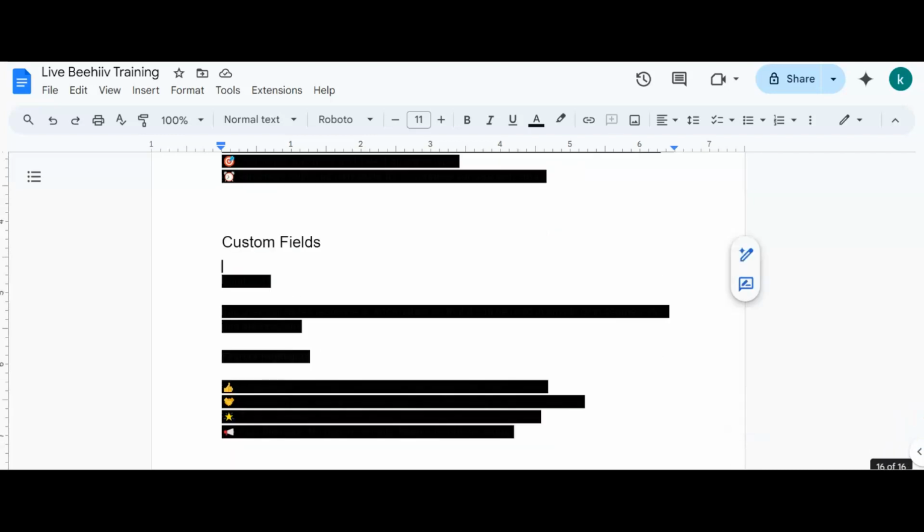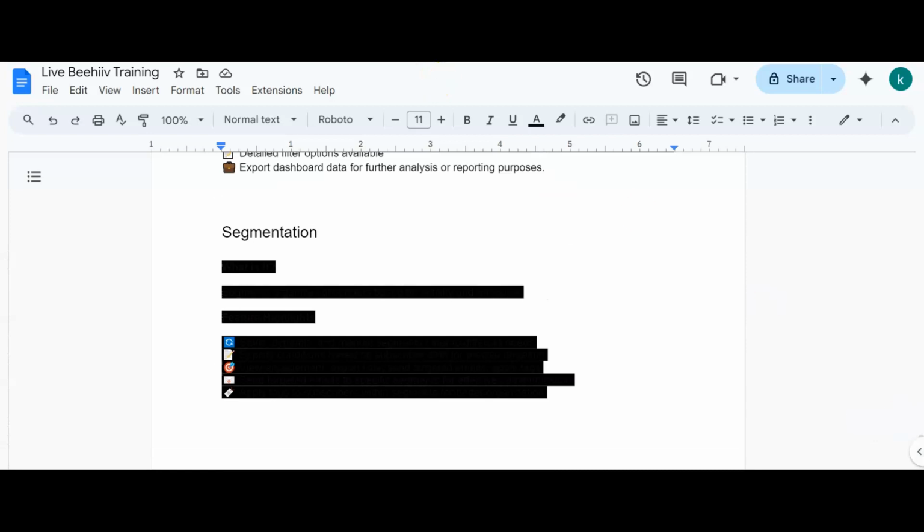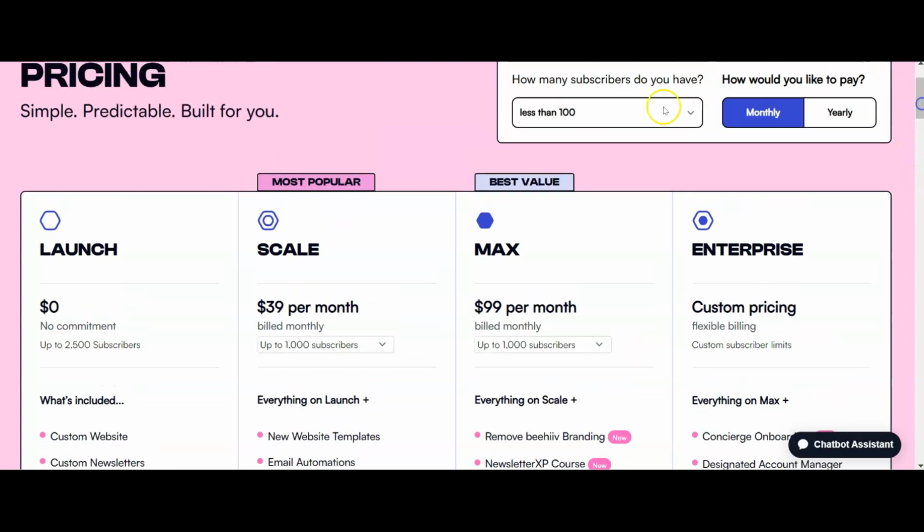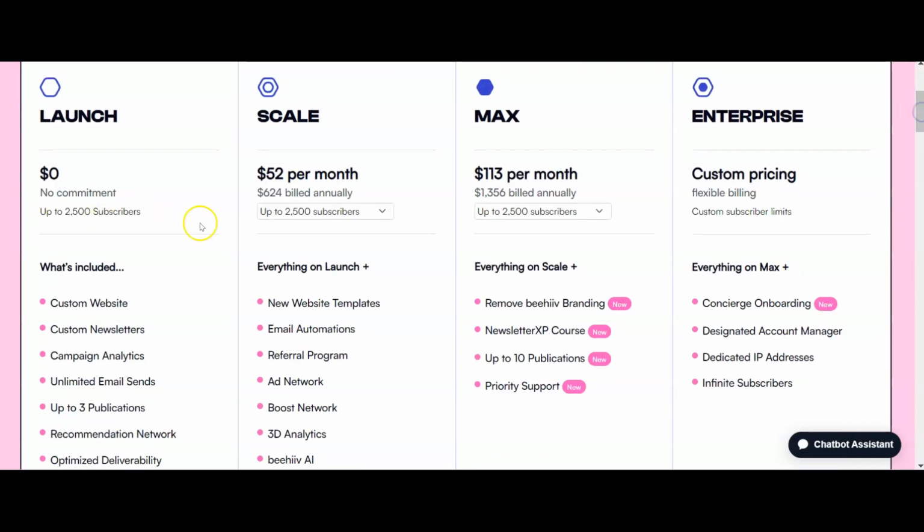In this video, I want to finish off with this document, just going through these last three things here: segmentation, surveys, and custom fields. The whole point of this series is to help you figure out whether you need to move on to the scale plan on Beehiiv or whether you want to stay on the launch plan. If you pay yearly, this is going to cost you $34 a month. As you grow and you get more subscribers, it is going to cost you more. So moving on from the launch plan, which is free, to the scale plan,